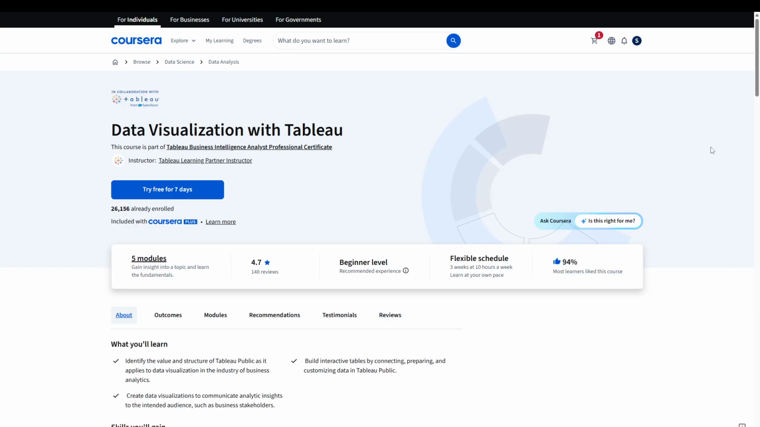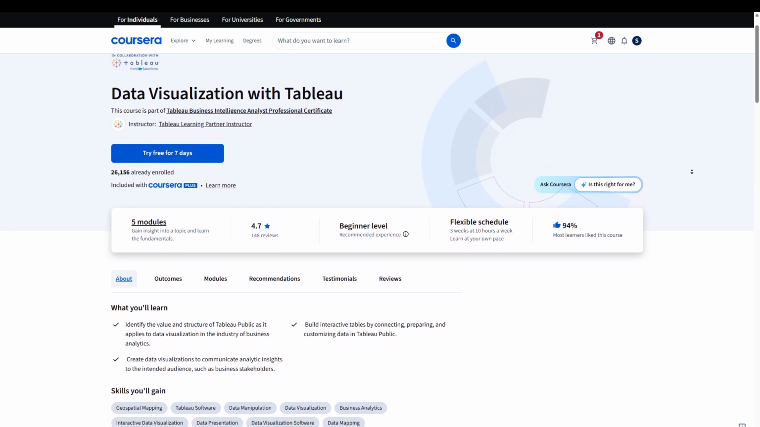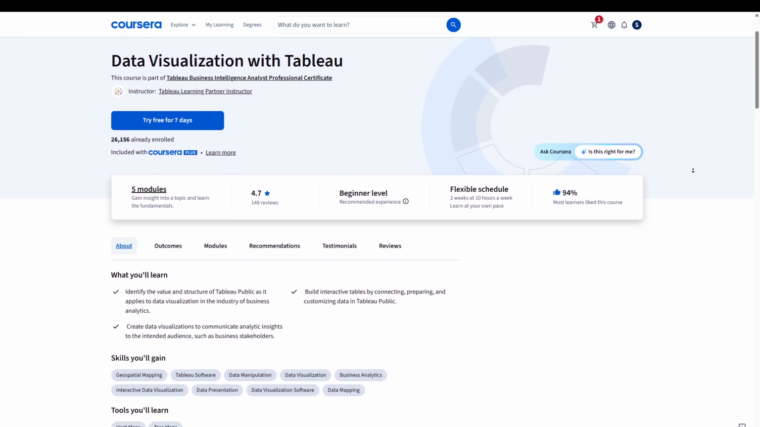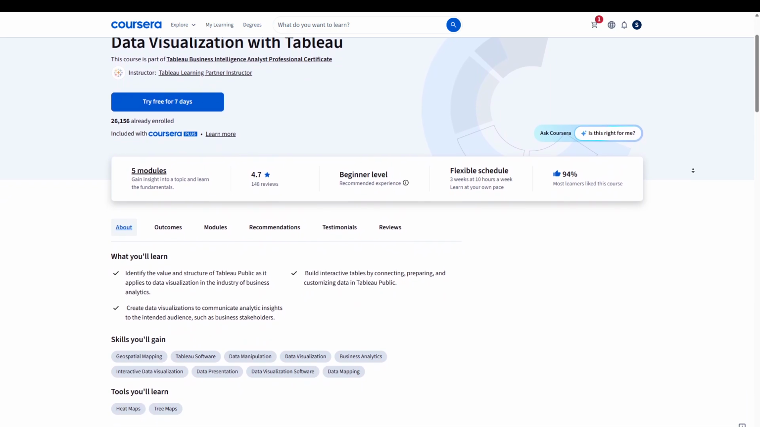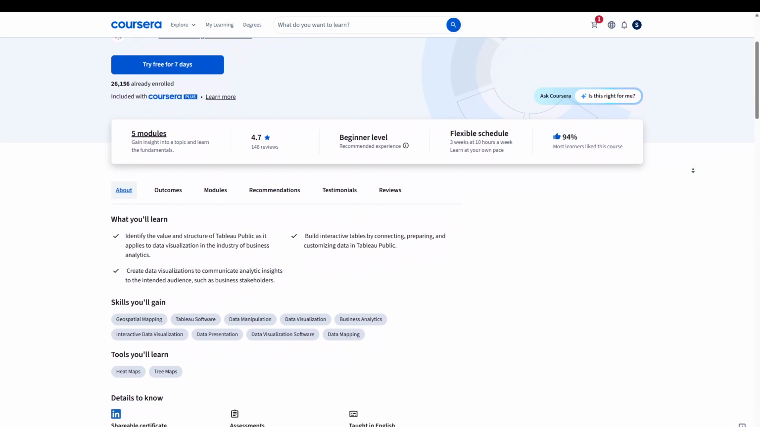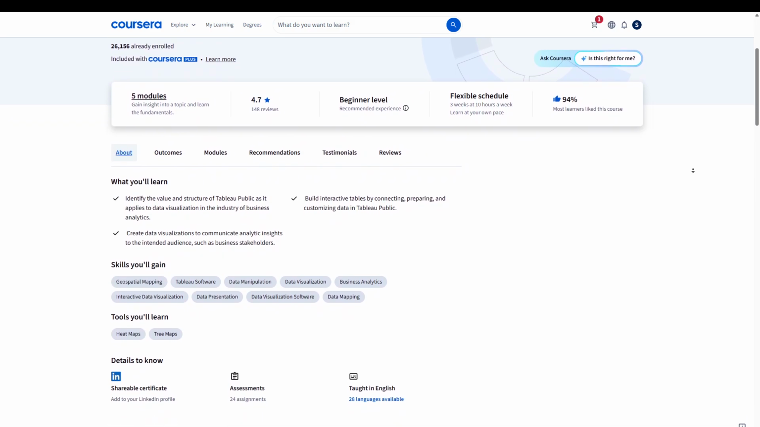Number 2 is Data Visualization with Tableau from the University of California, Davis. This specialization has earned more than 8,300 learner reviews with a 4.5 rating. It teaches Tableau dashboards, interactive visualizations, storytelling, and business reporting. Because it's offered by a well-known university and has thousands of reviews, it's one of the most trusted Tableau programs